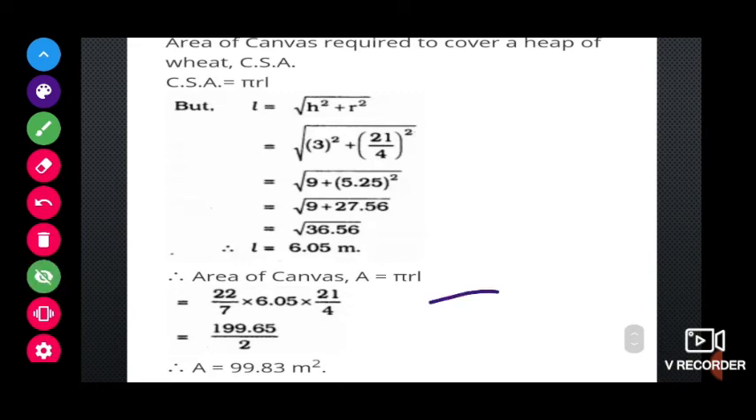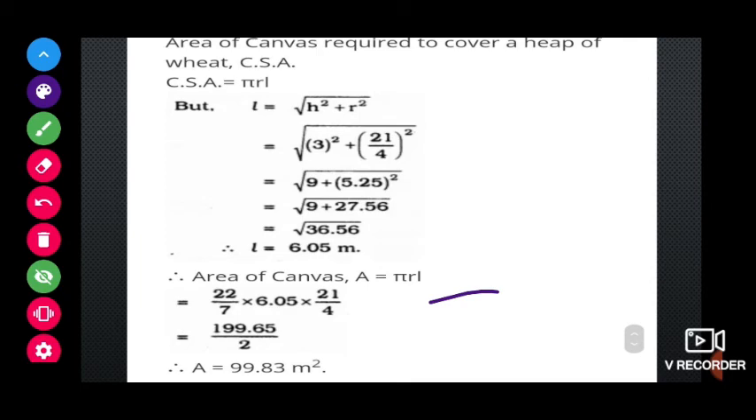the area of the canvas required is nothing but the curved surface area, that is pi r L. But L we need, the slant height, so L is equal to root of h square plus r square. That is root of 3 square plus 21 by 4 whole square. We will get 5.25 whole square as 21 by 4 whole square. So 9 plus